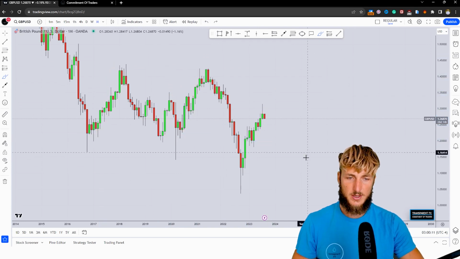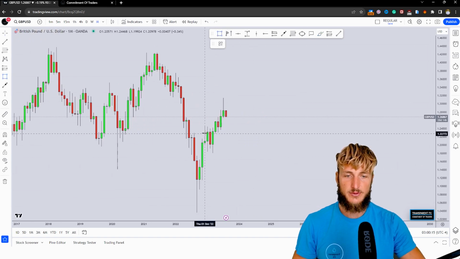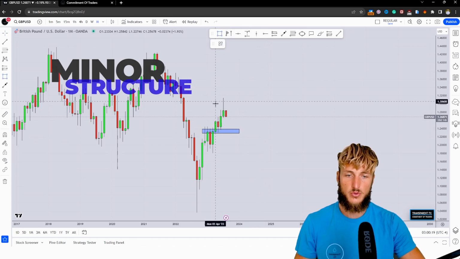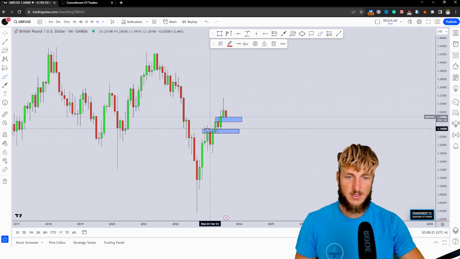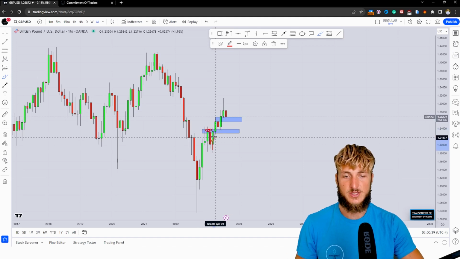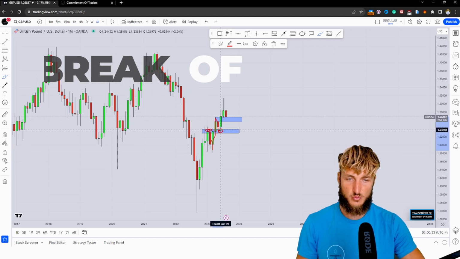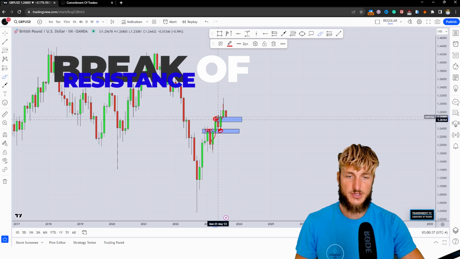Now, if we zoom in and we look at the most recent price action, we can also identify how there has been some minor structure being created during the rejection to the upside away from that level. What we can see, in fact, is that here, when the market created this red candle, it actually created also a resistance level that was then broken to the upside with this impulse retested here as support. And now we had another break of structure breaking above this previous high, which once again is previous resistance,